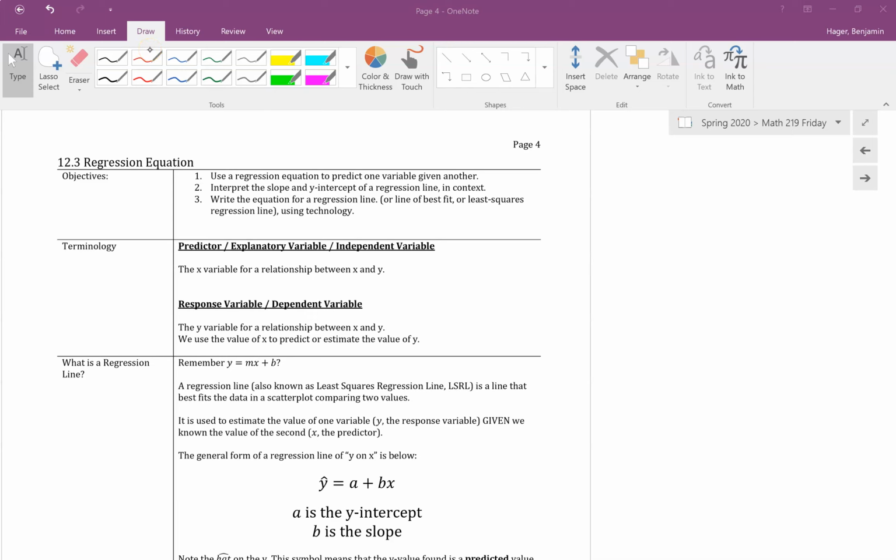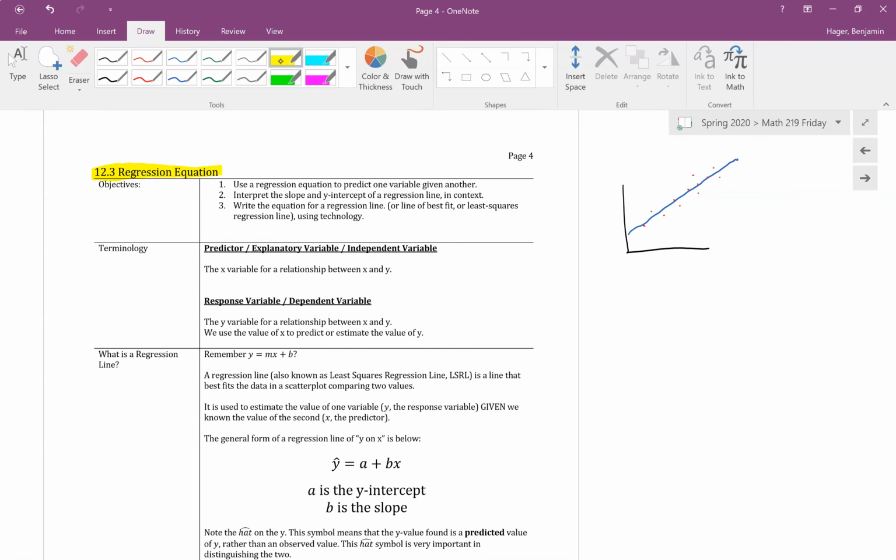Okay everybody, in this video we're going to talk about 12.3 regression equations. If you recall in the last video we looked at scatter plots and we talked about correlation and what a strong or weak linear relationship looks like. And we talked about this line, all right, which